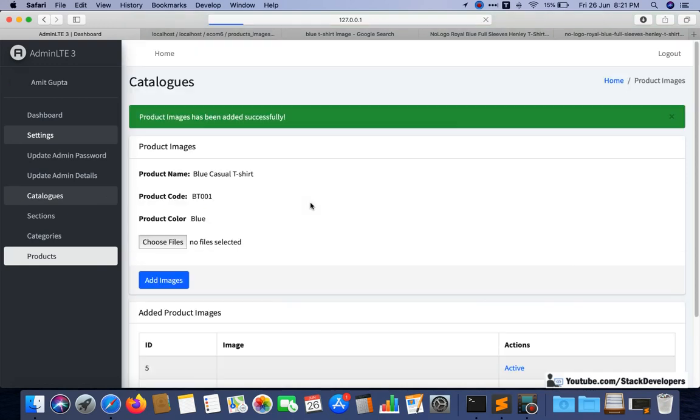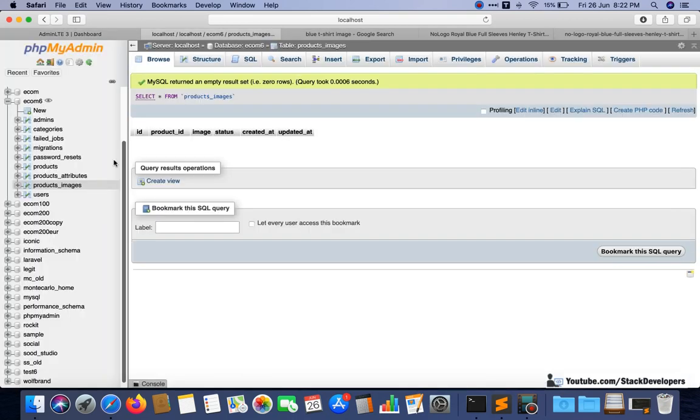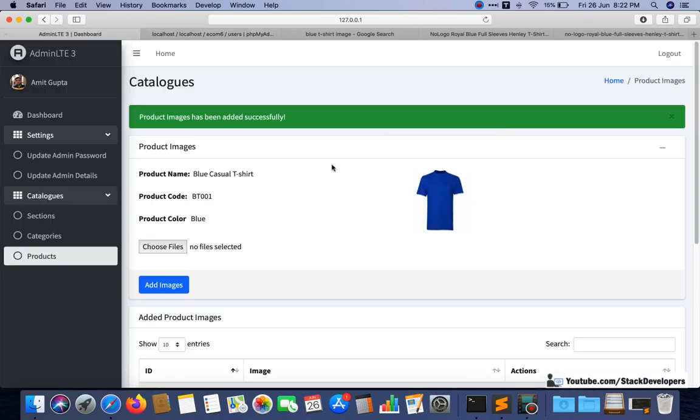This one we will use at the front end in the detail page later on. And now in the next few videos, we will work up till 50 videos belonging to the admin panel. After that, from the 51st video we will start working on the front end. So only 3 videos to go, and I am thinking to make a users panel here. We will create the table with migration and seeding. I am going to remove this users table, or can modify this one. We will work on this in the next 3 videos, and we will show the users here as well. After that we will start working on the front end.